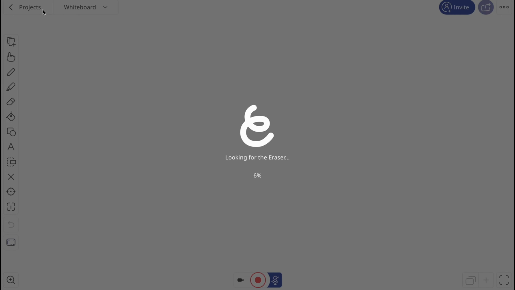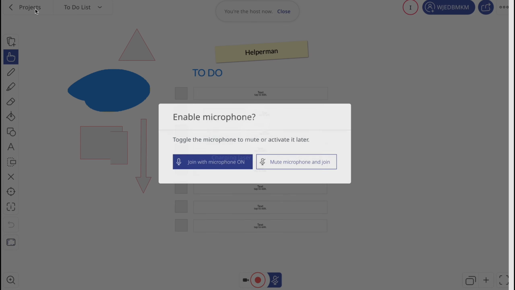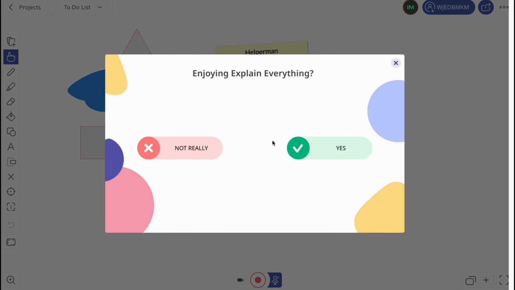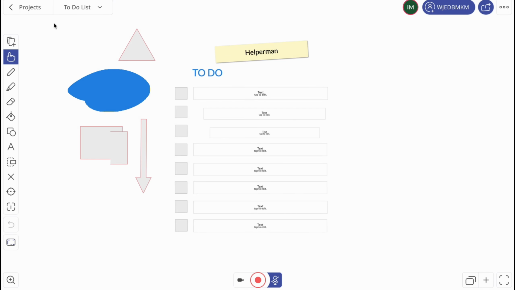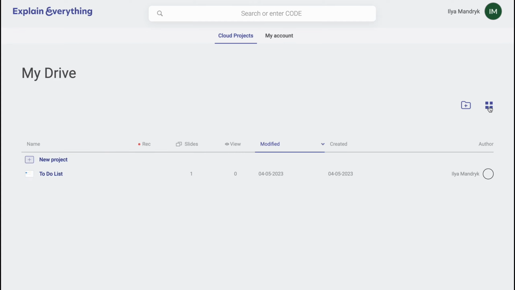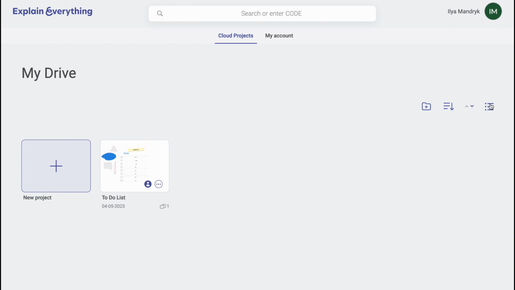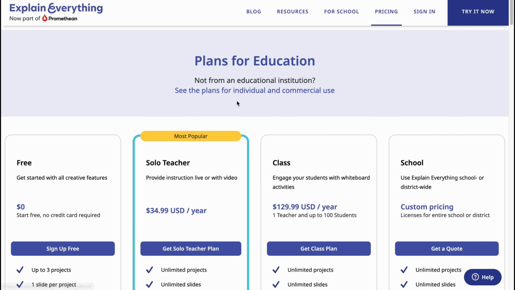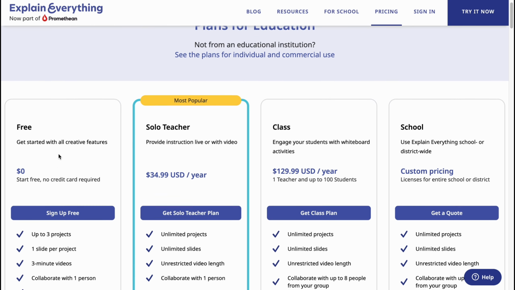So on the projects area, if we are going back to the projects area, if you go here, yes, close. If you're going here, we can create a new project from this page. We can search or enter a code to enter some boards, or we can just simply manage the view and so on. If you discover the paid plans, we can find that they have a free version, up to